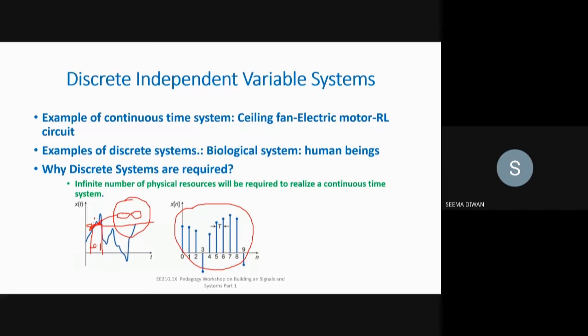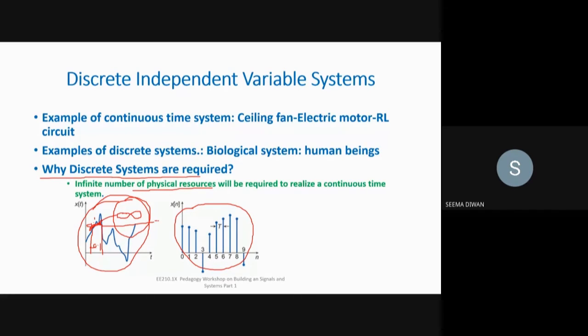And therefore, it is a reasonable assumption to consider this magnitude variation over a discrete interval, which gives us the liberty to have a limited number of samples. So the major reason, as I have already mentioned, is that 99% of real-world signals are continuous time, but the resources are limited. So this is the major reason that we need to discretize the signal. That is the need of the Nyquist theorem, which gives us the optimum sampling rate.